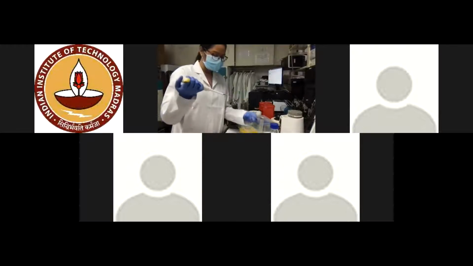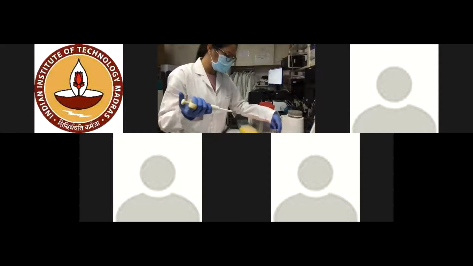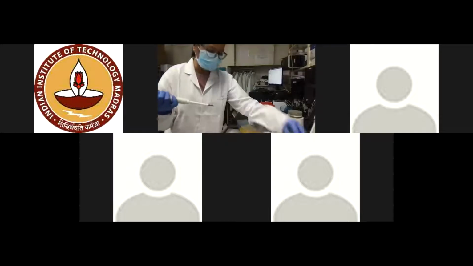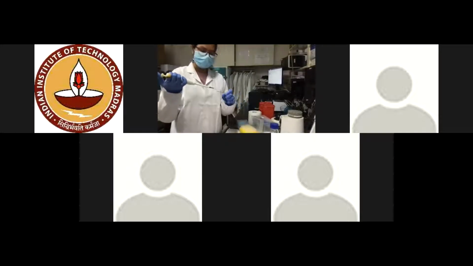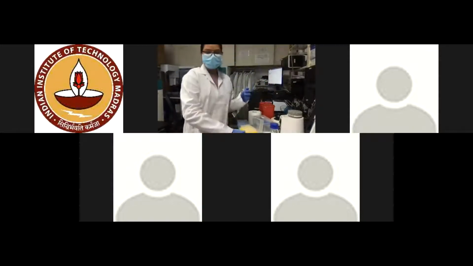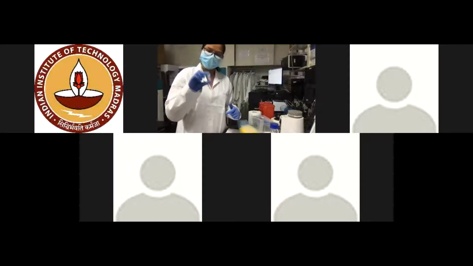And the first step of the in-solution digestion is to add the TCEP. TCEP is to reduce the disulfide bonds. So I'm going to add the TCEP here. So 20 millimolar TCEP we'll add to the protein lysate, and after the addition of the TCEP, this will be incubated for 1 hour at 37 degrees C.